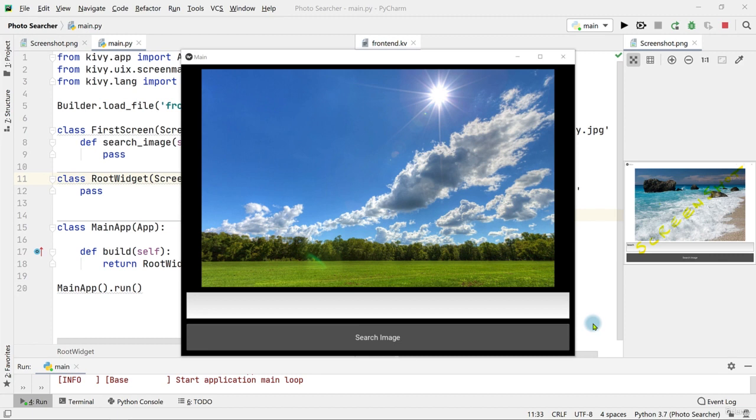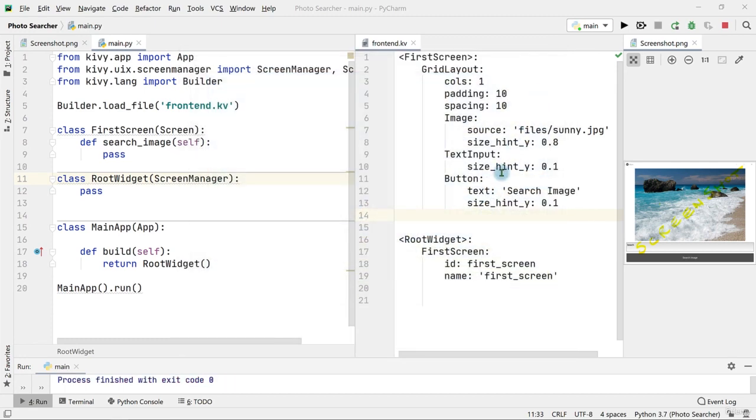Even though our app looks better now, our search image button doesn't do anything. So in this lecture, let's go ahead and add some behavior to the search image button. The way we do that is by going to the button widget in the Kivy code and adding an onPress property with a colon, and then writing what you want the button to do when the button is pressed by the user. What we want is